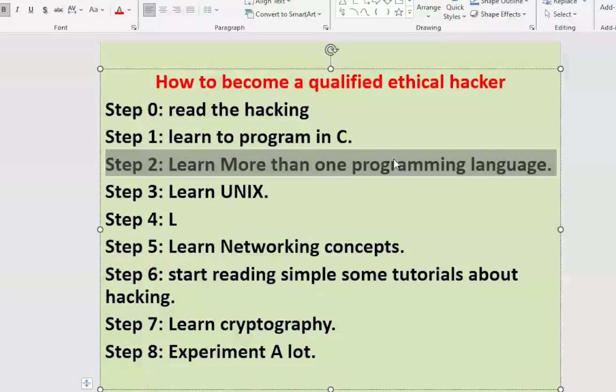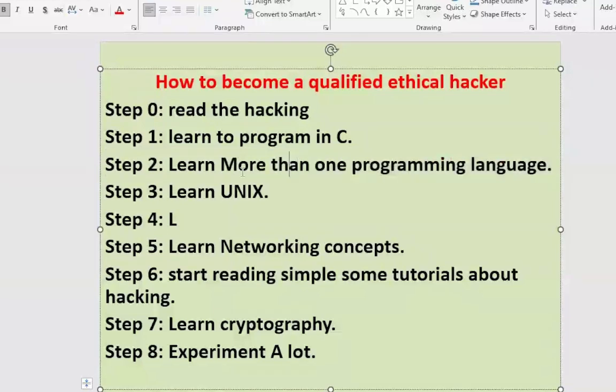Next, learn more than one programming language. You must be an expert in more than one programming language, because the more languages you know, you will find that you will be a successful professional in the upcoming years. Because some companies want ethical hacking using C, some companies want ethical hacking using Python, some companies want both, some companies want you to know Kali Linux. In this kind of thing, the more knowledge you gather in any domain, the more successful you will be.